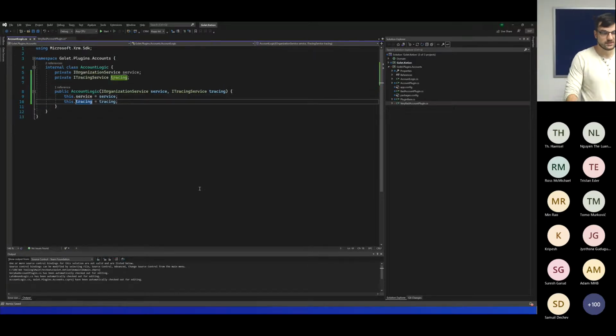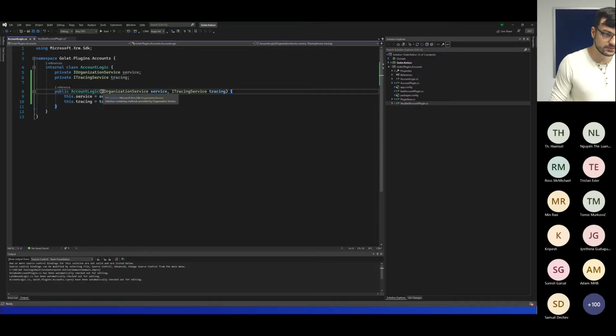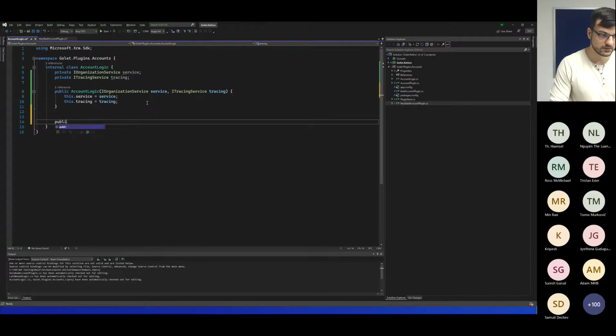Okay, so what I have now is a specific class, and as you can see, this class is stateful, and stateful means I can have instance variables and instance properties and so on, and also have a constructor function. And as you can see, my parameters here are very generic: the organization service and the tracing service, so they're not related to any specific business logic. And this is a very cool approach because now I have the possibility to add business logic. So for example,